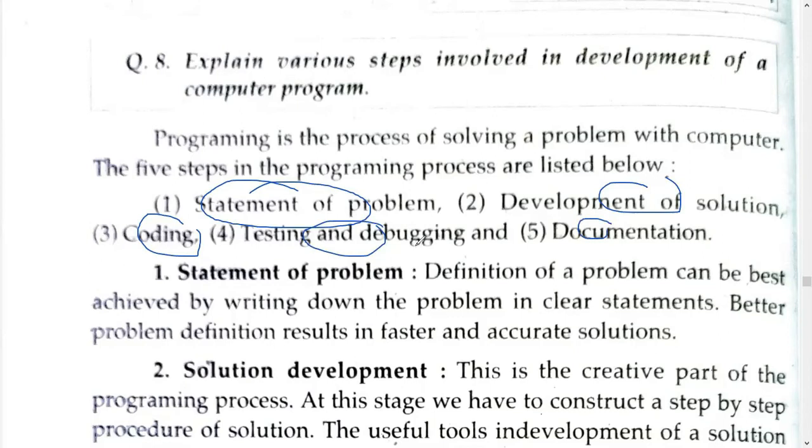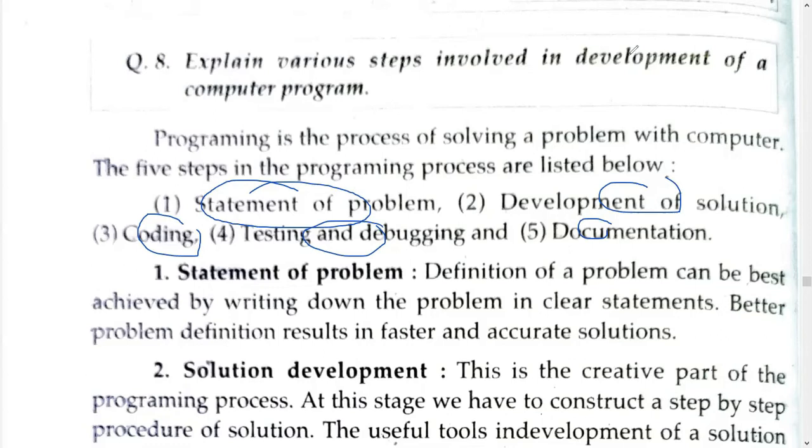So in order to write a program, you have to include all these steps. Particularly, you have to understand what is the purpose of the program. The purpose can be written as a statement, like a simple heading, what you are going to solve with the program. What is the purpose? What is the end task that is going to be completed by executing the program?